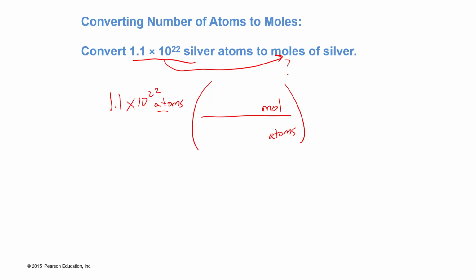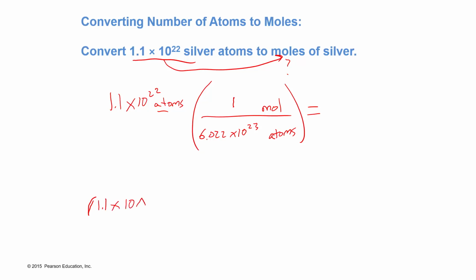Now, what's our conversion factor here? Well, 1 mole is equal to Avogadro's number of atoms, 6.022 times 10 to the 23rd. So we're going to multiply across the top and divide away the bottom. Remember, anytime you put a number that's in scientific notation in your calculator, you want to make sure to have parentheses around it. So when I type this in my calculator, I'm going to go parentheses 1.1 times 10, and